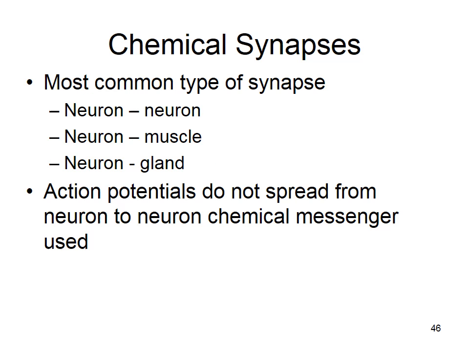Right, so we're going to talk about chemical synapses today, and these are the most common types of synapses, and you have chemical synapses between two neurons. You have chemical synapses between neurons and muscles, and those muscles could be skeletal, smooth, or cardiac, right? And then you can have chemical synapses between neurons and glands. And with a chemical synapse, the action potential doesn't spread directly from cell to cell like in an electrical synapse. Right? You've got release of neurotransmitter from the presynaptic neuron, and then that neurotransmitter has to bind to a receptor on the postsynaptic cell. Okay, so you've got a release of a chemical messenger, and that chemical messenger is a neurotransmitter.